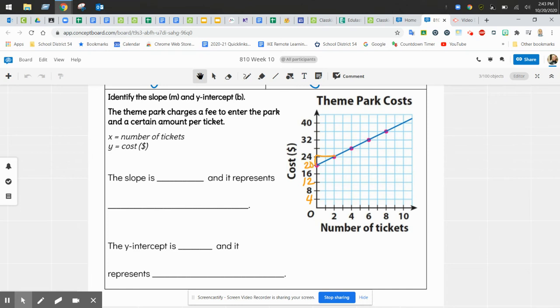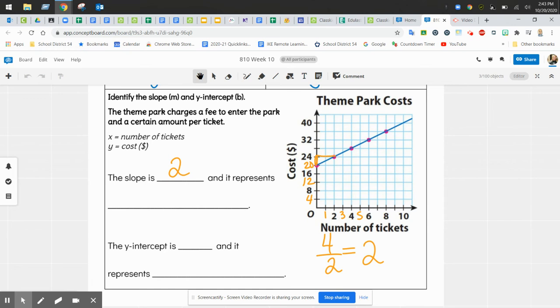So when we rise here, when we rise 1, we're actually rising 4. Because 20 to 24 is 4. Our run, these are going up by 1, so that makes it nice and easy. We're running 2. 4 over 2 is the same thing as 2. So the slope,